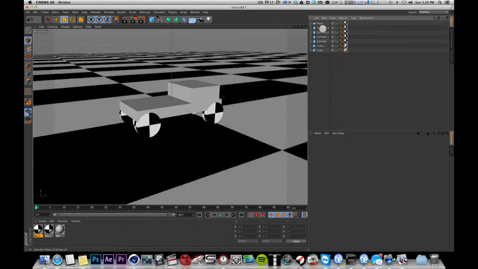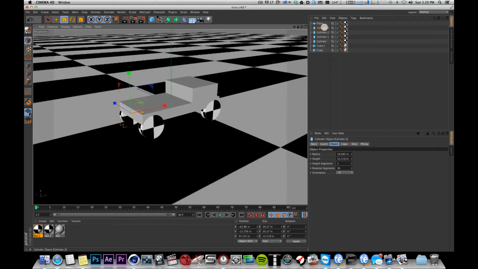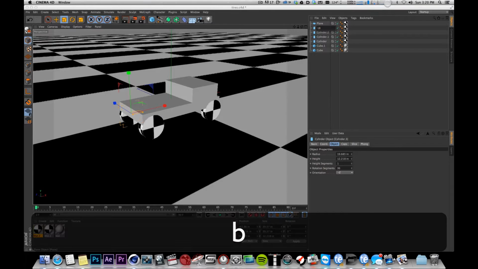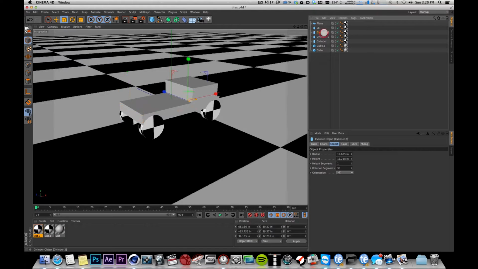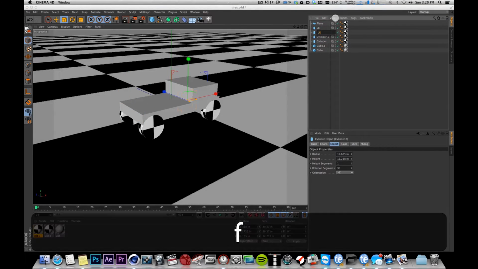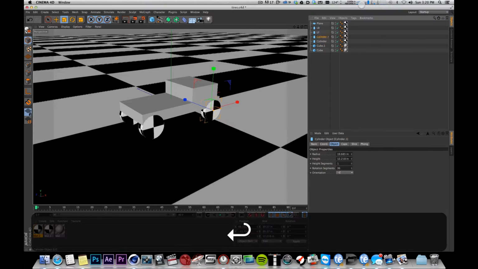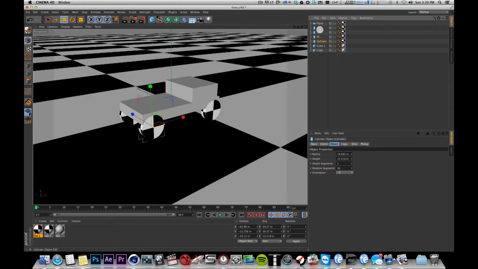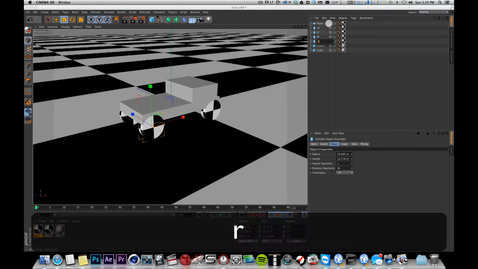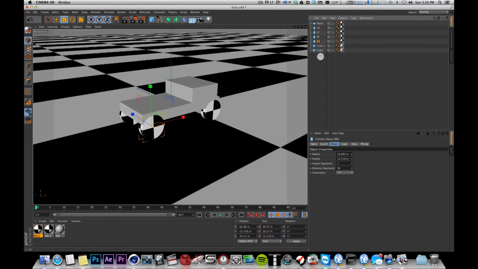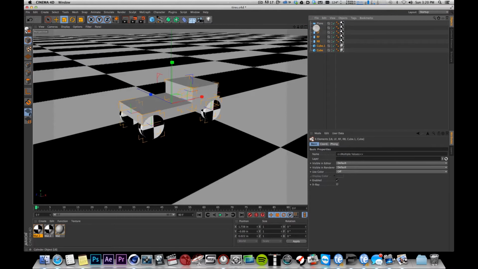Other thing you want to do is name these wheels, because that's very important. This is going to be left back, and we'll do left front, right front, and right back. We're going to take the entire set of everything for the car, so everything in this scene